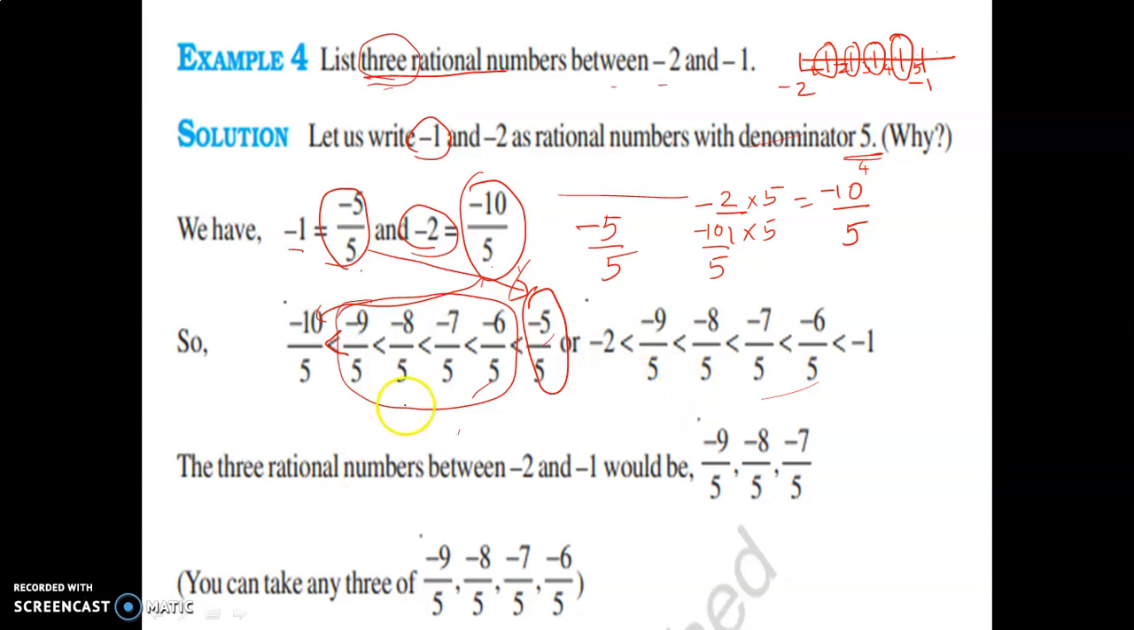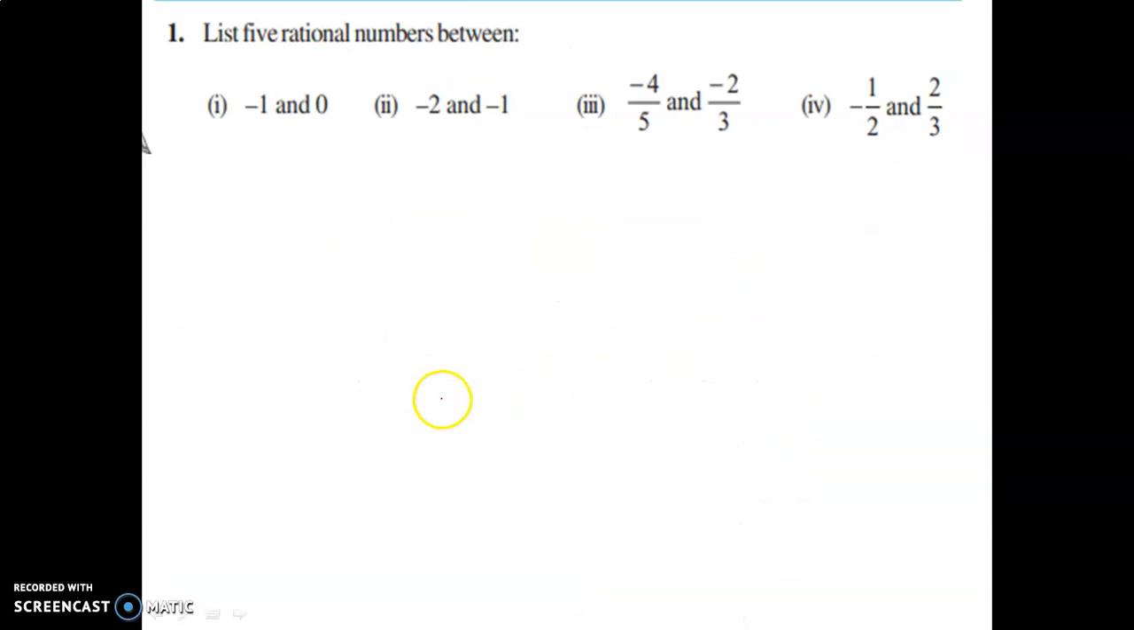Okay, if I ask you to find any 3 rational numbers between minus 8 by 5 and minus 7 by 5, will you be able to find? Think, and let's discuss these things in next class. Okay, children, and try to